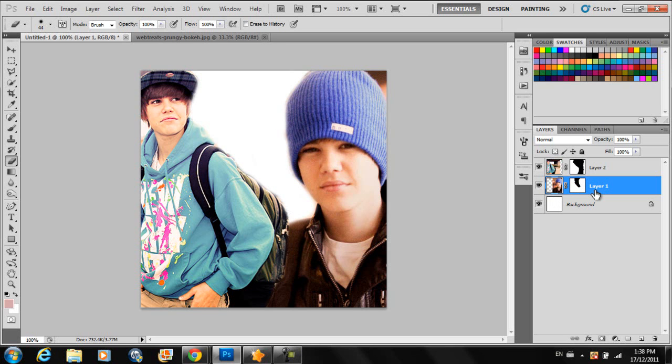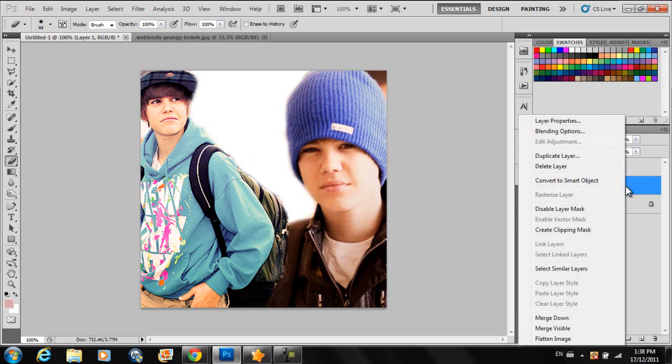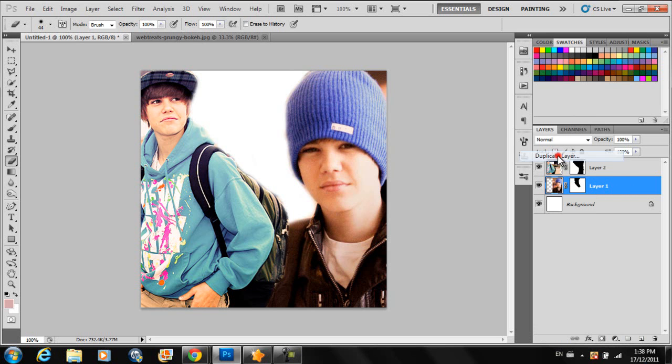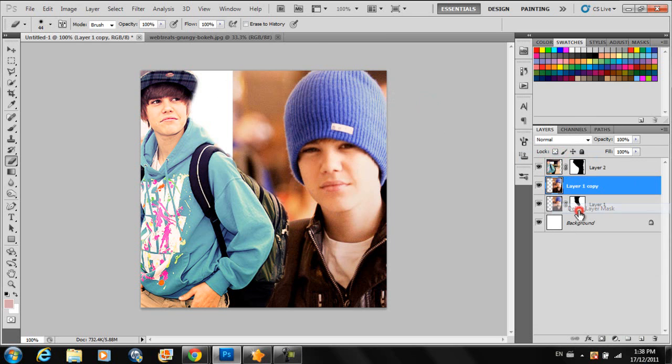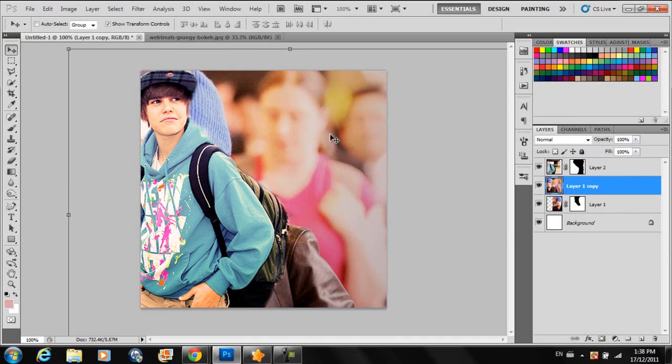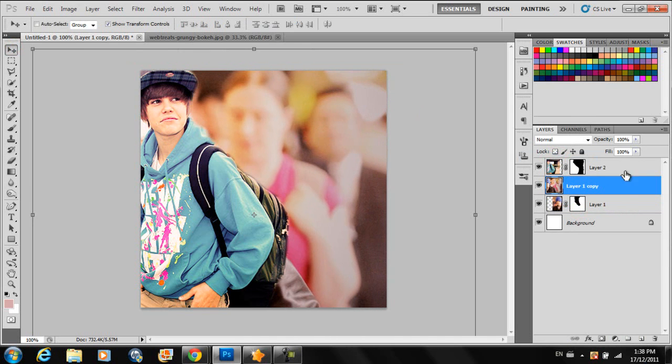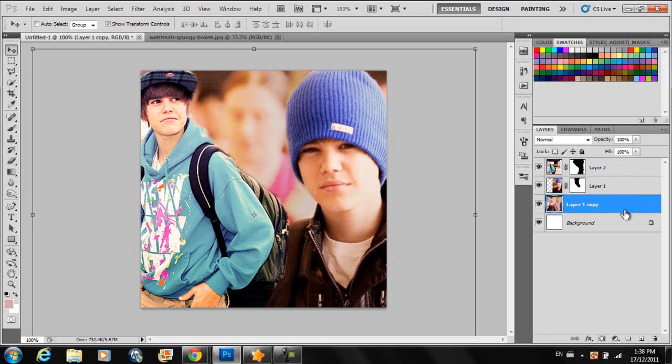What I do with this is I duplicate this one, just right click, duplicate, okay, and remove the layer mask. Take the image and move it like so. That way it's background for,